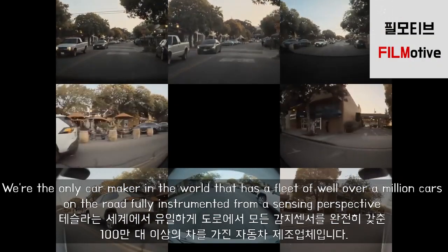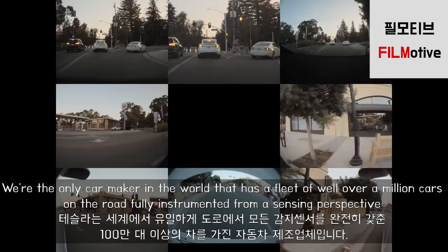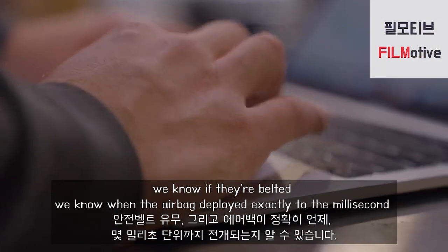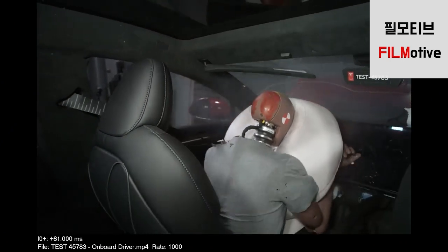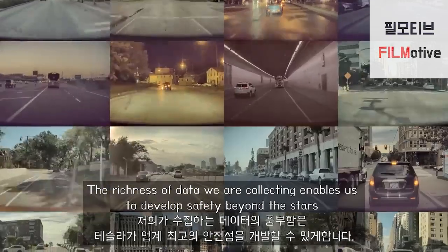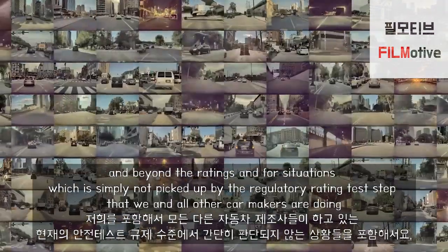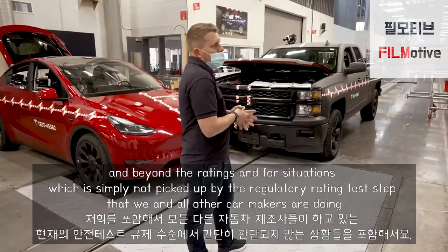We're the only car maker in the world that has a fleet of well over 1 million cars on the road, fully instrumented from a sensing perspective. We can know exactly where the seat is, where the steering wheel is, if they're belted, and when the airbag deployed, exactly to the millisecond. We know exactly what our fleet of cars is being exposed to out there. The richness of data we are collecting enables us to develop safety beyond the stars and beyond the ratings, and for situations which are simply not picked up by the regulatory rating test